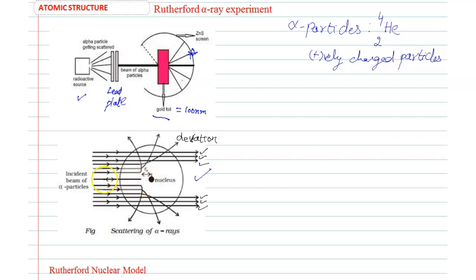And some alpha particles go back. This is known as bounced back. So here we observe 3 points. I am writing the observations, because based on the observations we can draw conclusions. What is going on inside the gold atom? So here, what we observed: